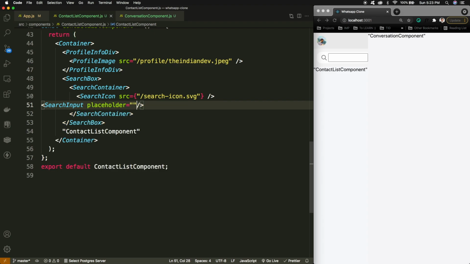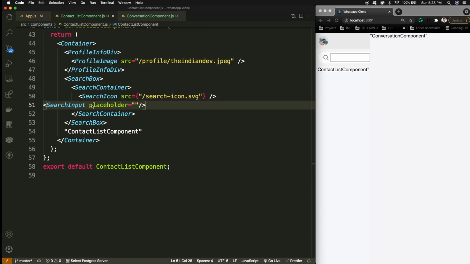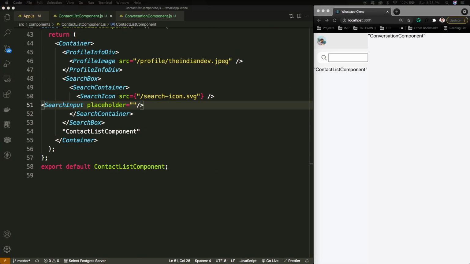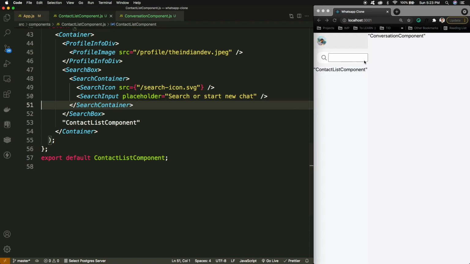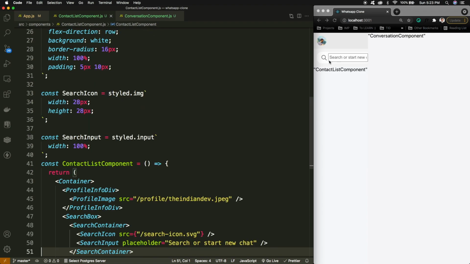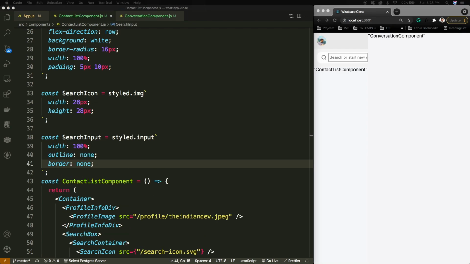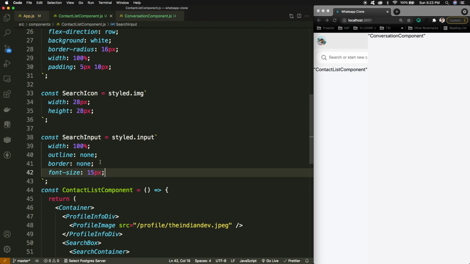And for the placeholder, I'm having the text 'Search or start a new chat' that I can use here. So the text is here. Now one thing, I can remove the border and the outline for this search input. Again, we can provide it like this, and we can add the font size to this search input.